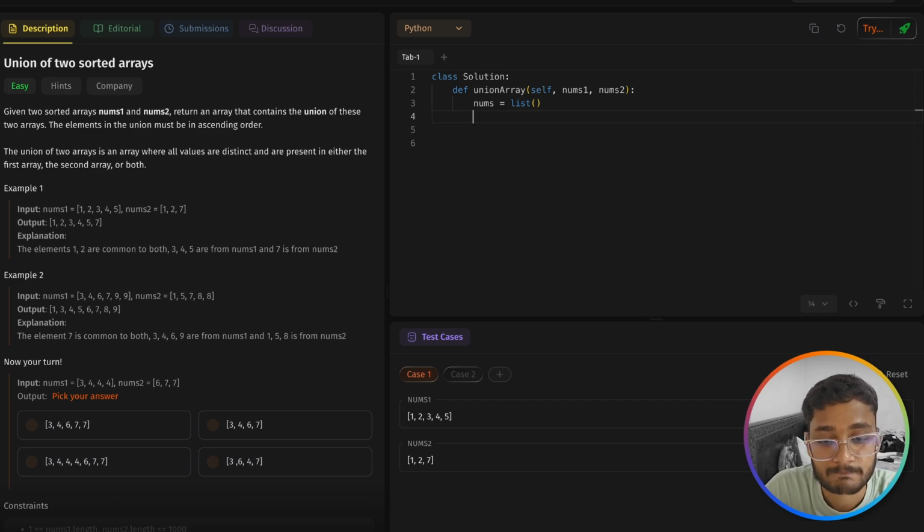So i will be 0, pointing to 0, and j will be pointing to 0. j is nothing but the index of the second array. And n will be the length of the first array, so length of nums1, and m will be the length of nums2. I think I'm using the same approach. While i less than n and j less than m, then